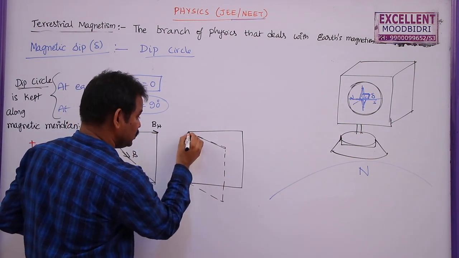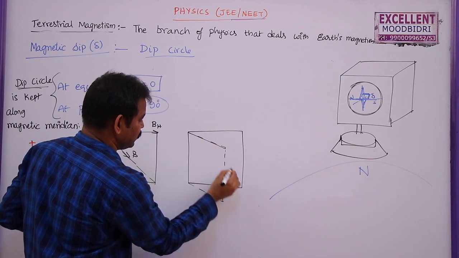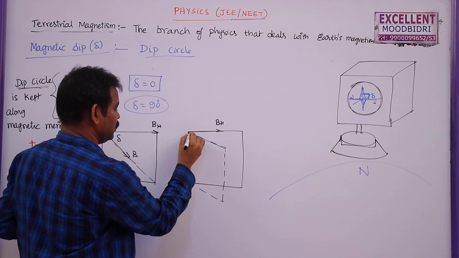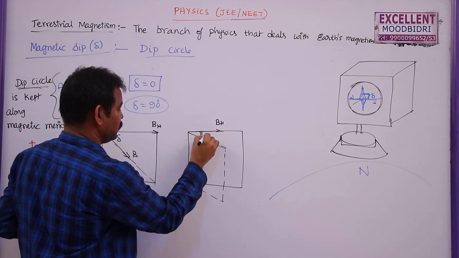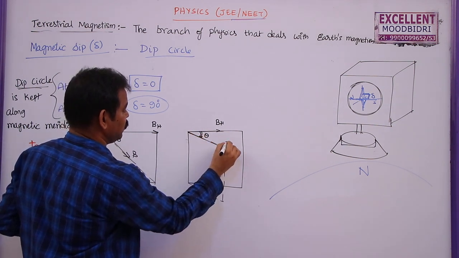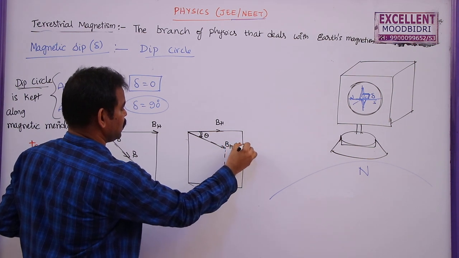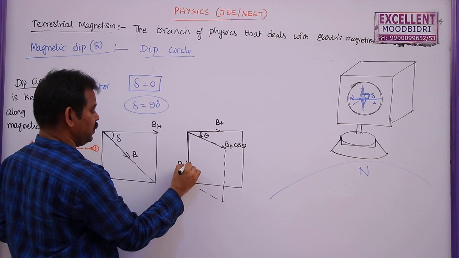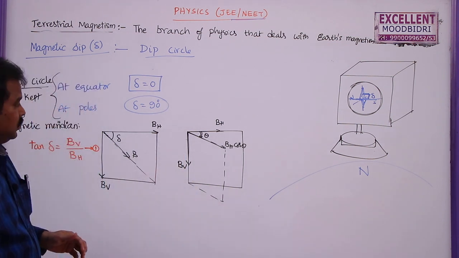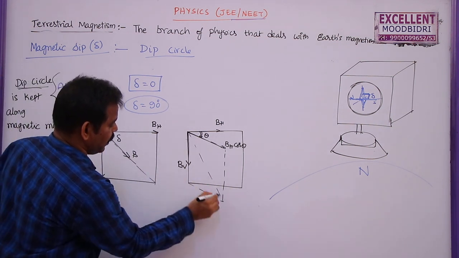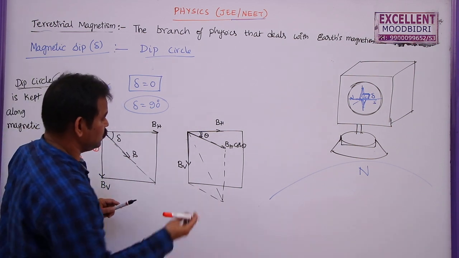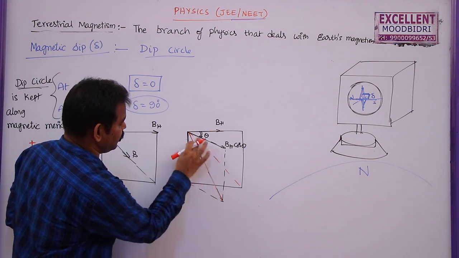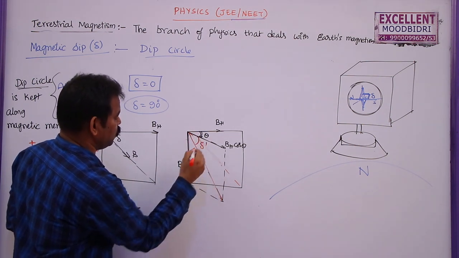So the actual magnetic moment was like this. So this is BH, and at this point, this is rotated by an angle theta. So this component will be BH cos theta. And for both fields, both meridians, BV remains as it is. So now this is the apparent dip. This is the original dip, which I am showing in the backwards, but this is called apparent dip. So this is called δ'.